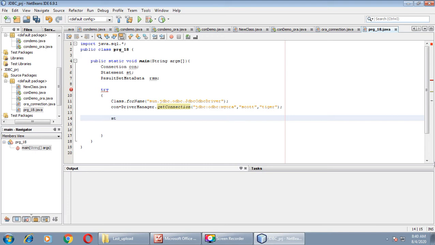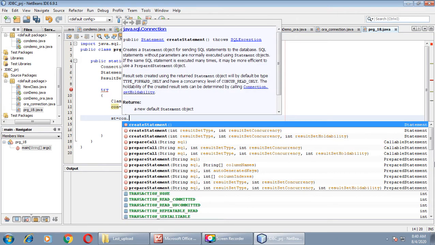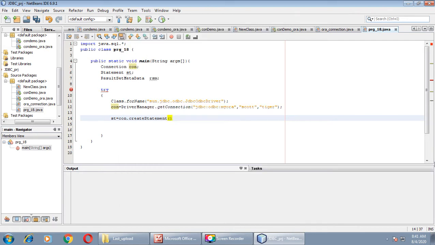Now st equals connection.createStatement.